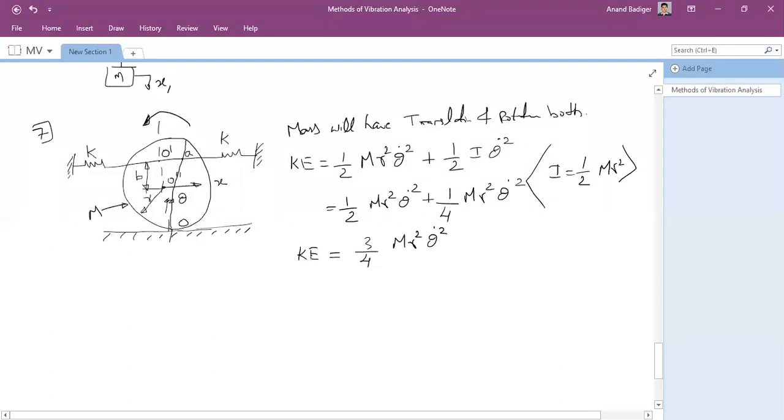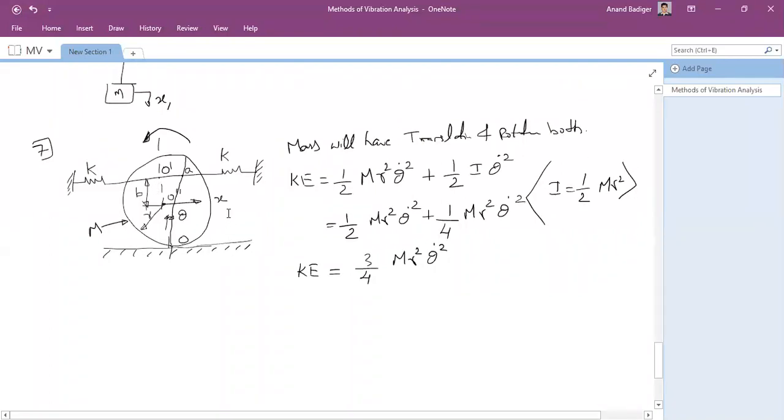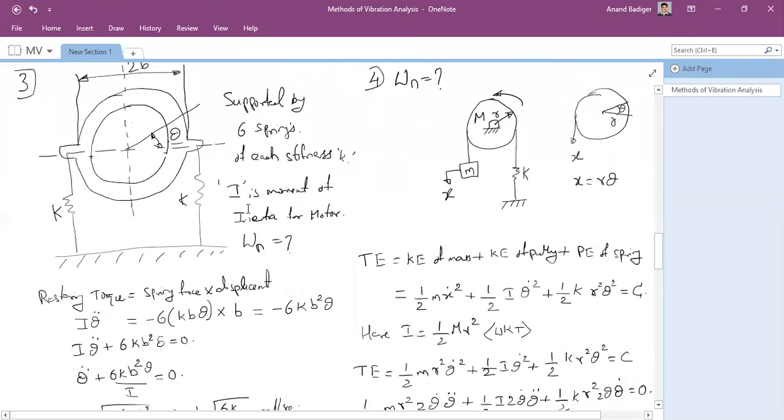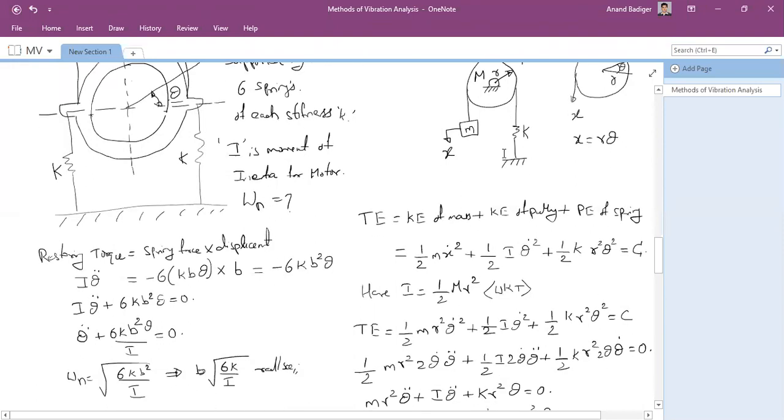Please remember, whenever you are coming across these kinds of problems, whenever you are solving with respect to kinetic energy of the system, always two things you have to remember. First, you need to check how many masses are there. If there are two masses, obviously there will be two kinetic energies. If a single mass itself is having translation and rotation, that one single mass itself will have both of them. For example, if I show you the previous problems which I have done, if you look into this particular problem here, kinetic energy, right?